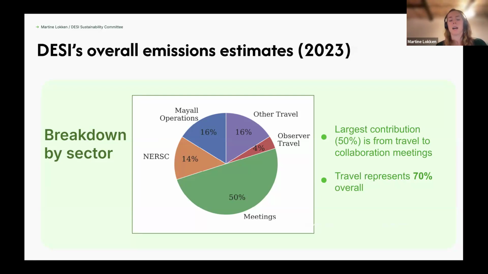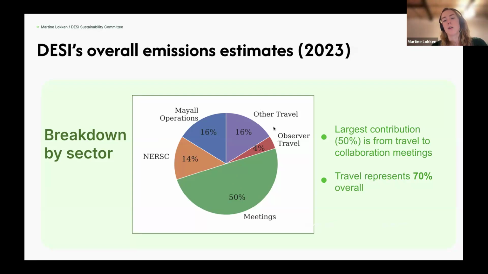And you can use some online calculators to see how much emissions that would be, assuming that above a certain distance, people fly, and below that, they would take the train. Of course, most people fly because it's a pretty large collaboration coming from all over. And so we find that that's a very large fraction of our emissions.